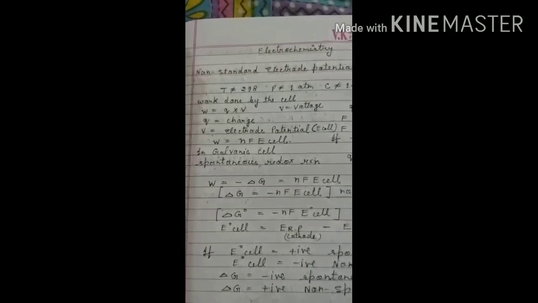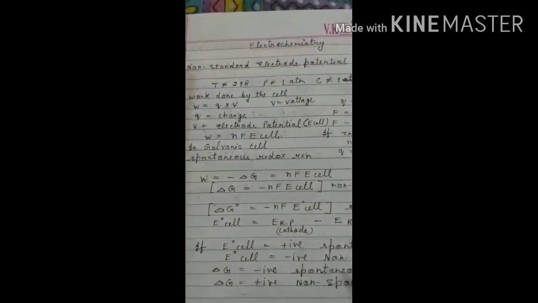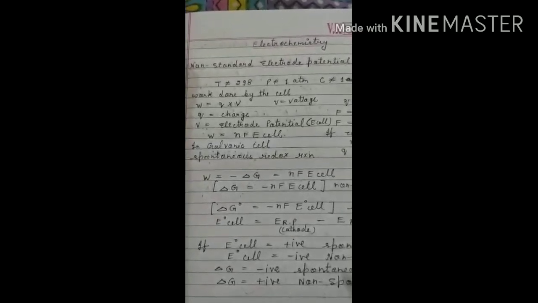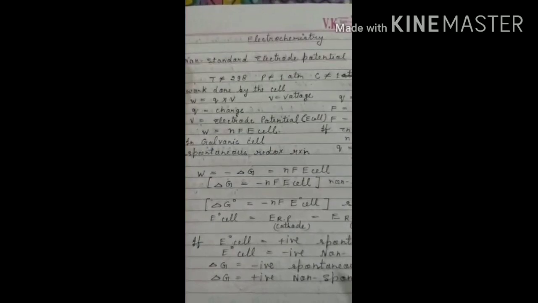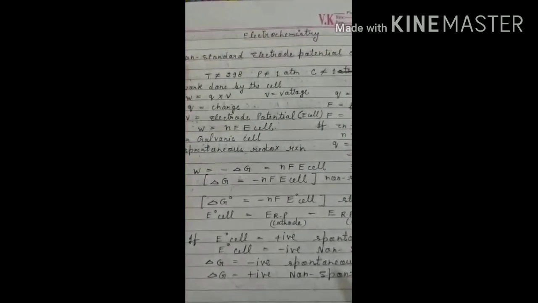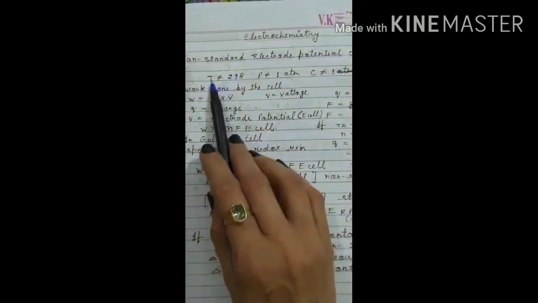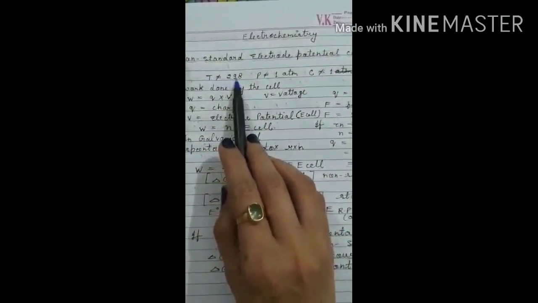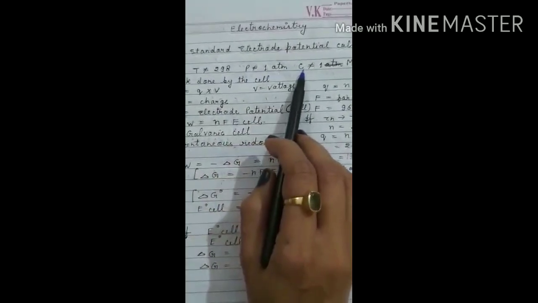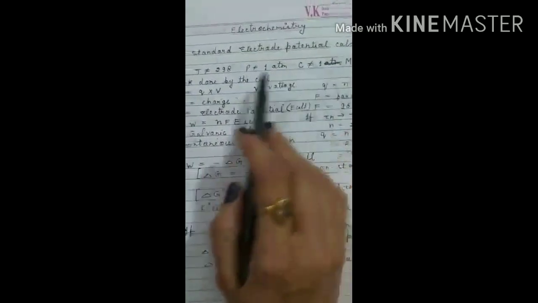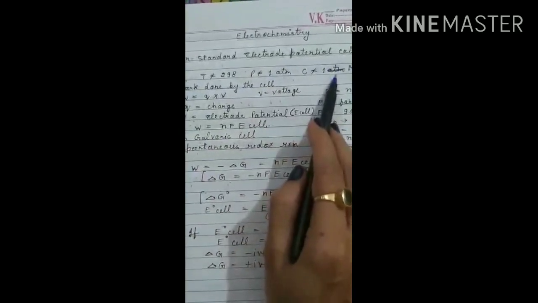This is Smita Pathak. I'm here to explain the topic: how to calculate electrode potential in non-standard conditions. In the last topic, I explained all the standard conditions by using SHE, the standard hydrogen electrode. So here I have written, if the temperature is not equal to 298 Kelvin, pressure is not equal to 1 atm and the concentration is not equal to 1 molarity, then all these conditions are to be considered as non-standard.